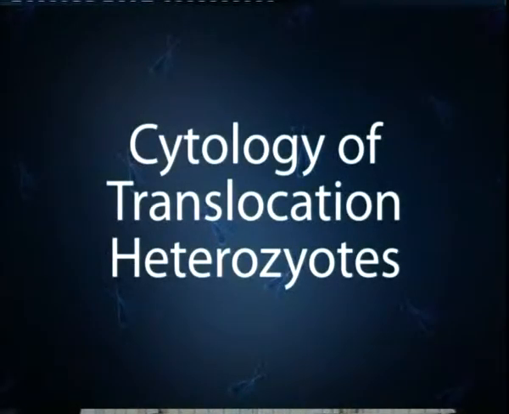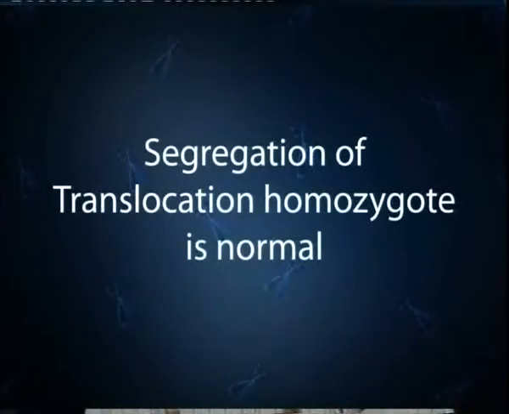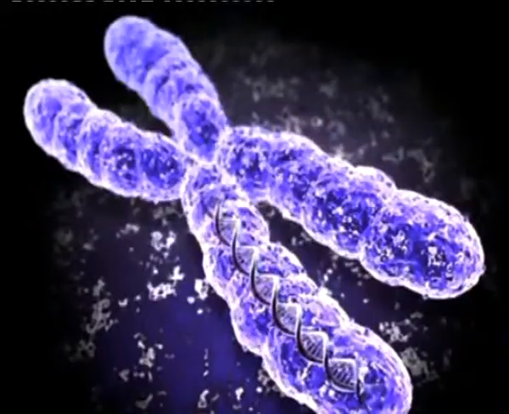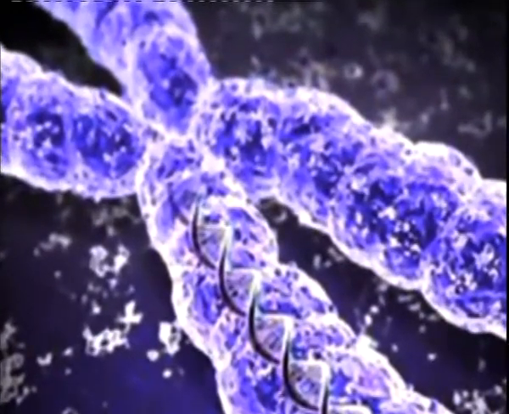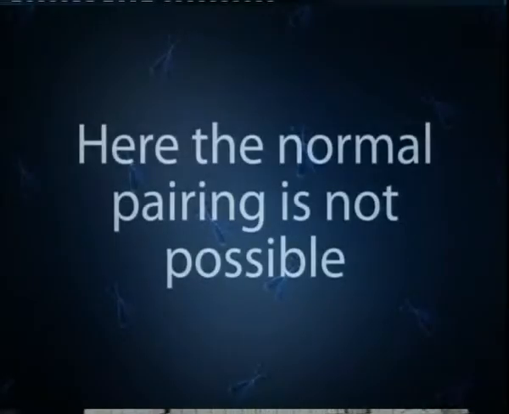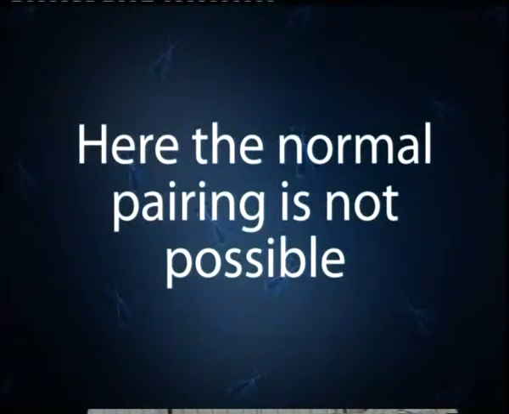Cytology of translocation heterozygotes. Translocation homozygotes basically show normal pairing and bivalent formation, and hence the segregation of chromosomes followed by gamete formation is almost normal in translocation homozygotes. But in translocation heterozygotes, since one chromosome is normal in each pair and the other chromosome carries the translocated segment, normal pairing of such a translocation heterozygote at the time of meiosis is not possible, and